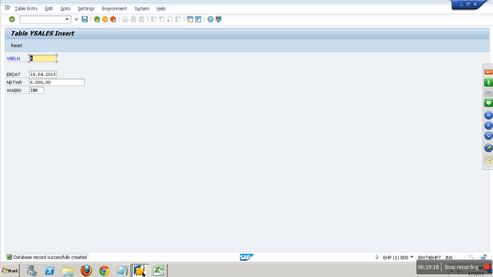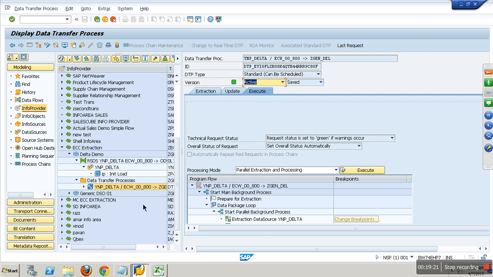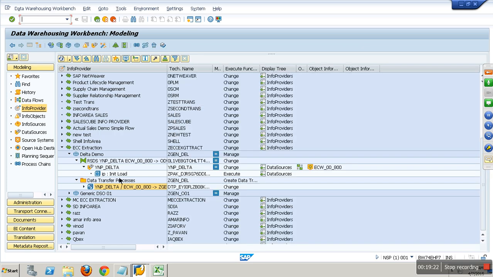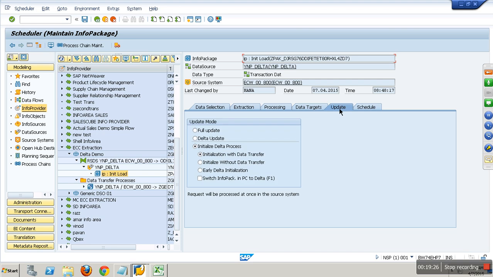Okay, 2 records inserted. Now shall I run the info package again? Init undi. Now after running init successfully, you start seeing delta. In real time, they don't change this info package at all. They just want to have the proof that